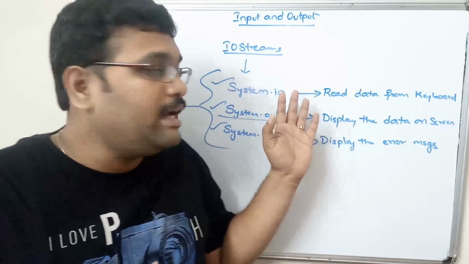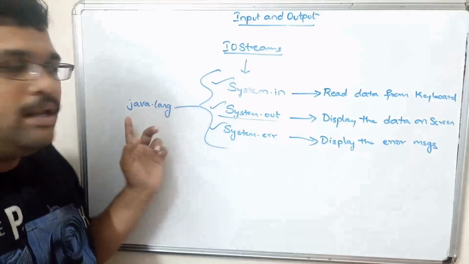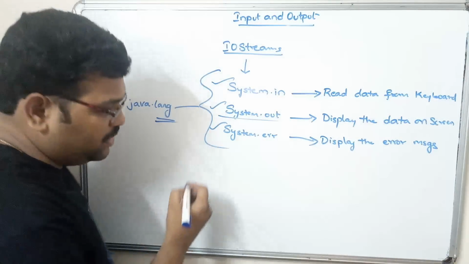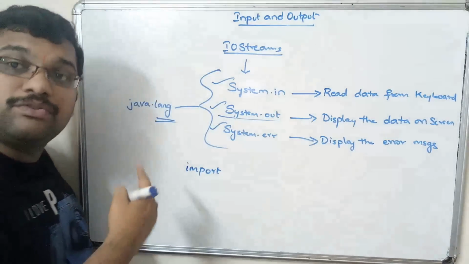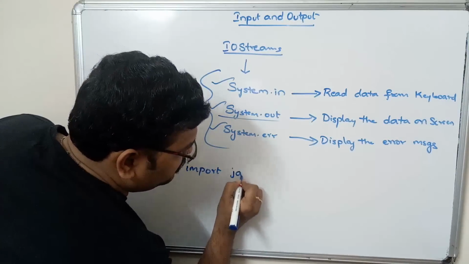So here the standard input and output streams, IO streams, all these IO streams are available in the lang package. So how to import? There is a statement import, which is a keyword, right? We have seen this keyword. Import, space, write the name